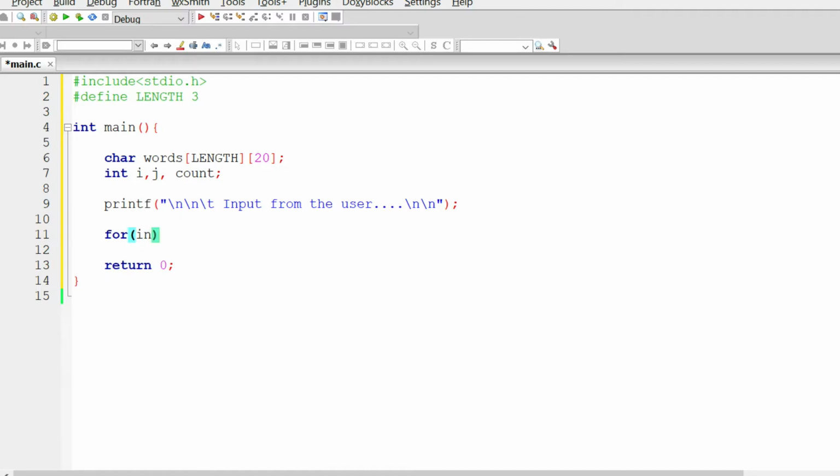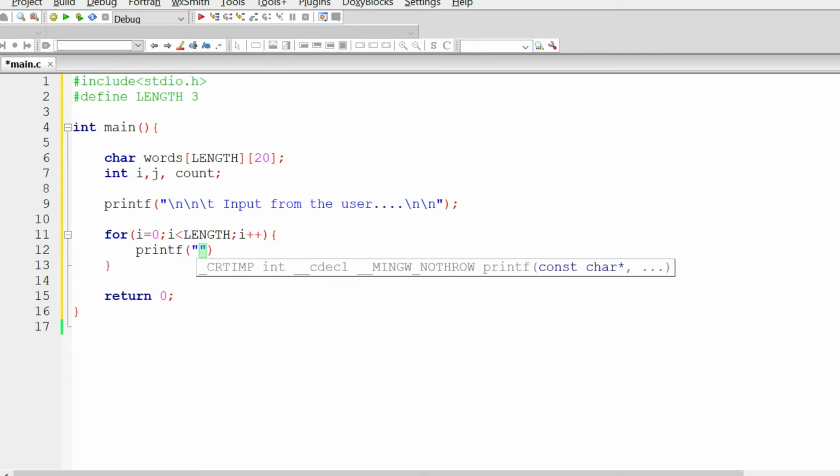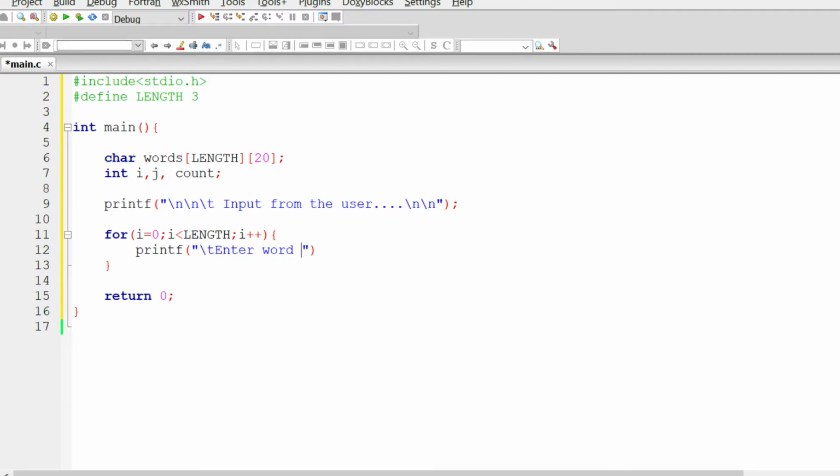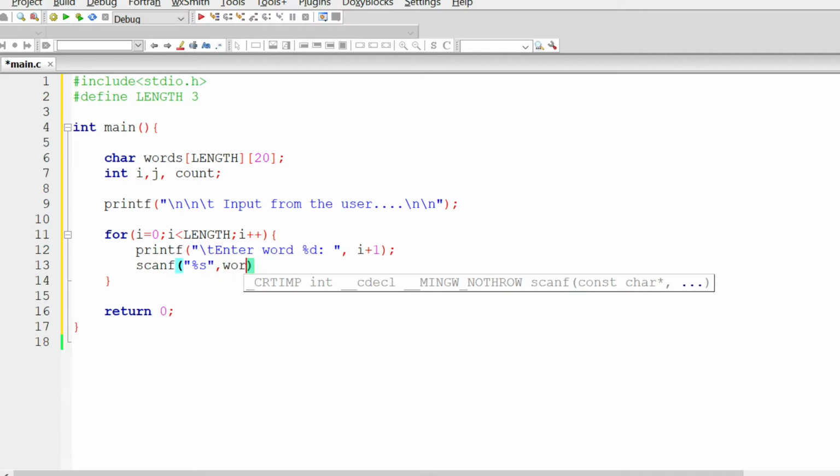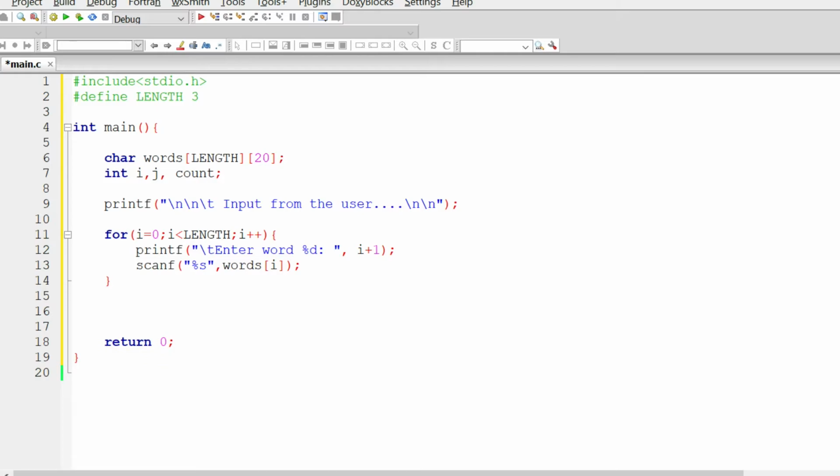So int i equals 0, i is less than LENGTH, i plus plus, and I'm going to display another message saying enter word number. Now we will store it. To store it, %d is for integer and %s for strings, words, and i.